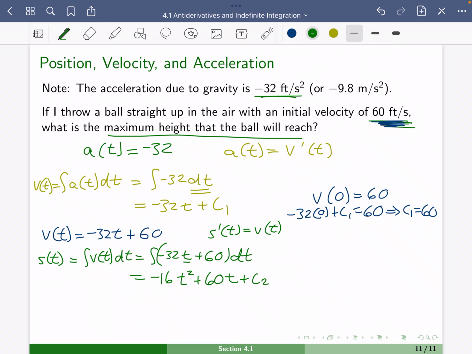All right. Great. Now what? So now we need to know what is our initial height. The problem didn't tell us, but let's assume that we have a person that is 5'10". So if we know that the height at time 0 is 5'10",